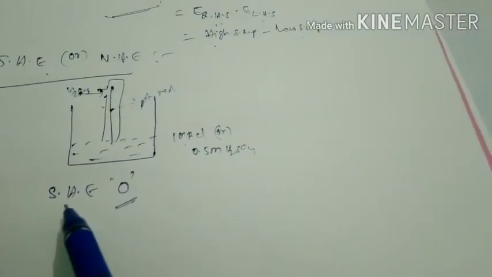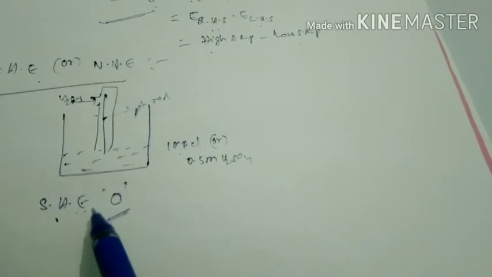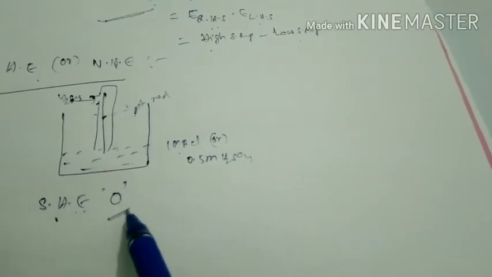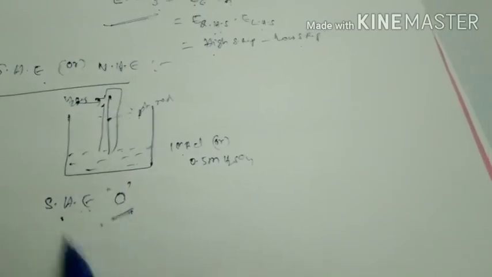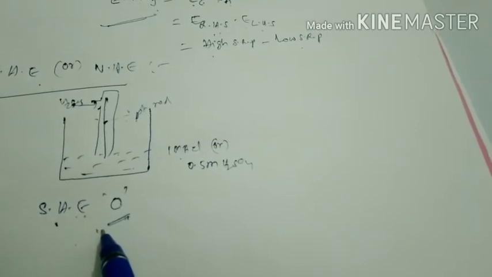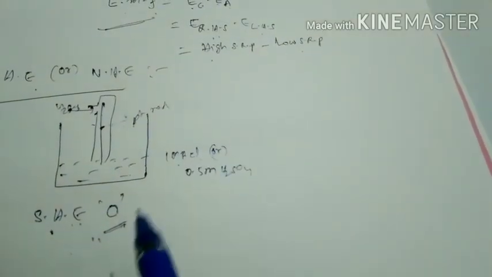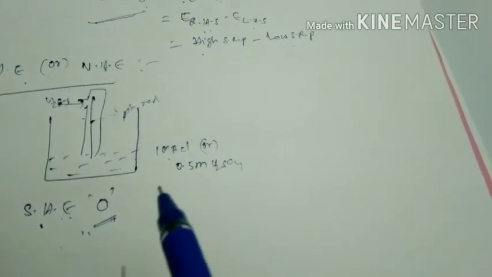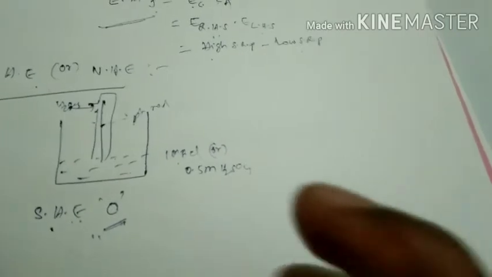I repeat once again, the standard hydrogen electrode is assumed to be 0. So if it is 0, then by using SHE, standard hydrogen electrode, we can calculate the potential of any unknown substance, either metal or non-metal, by